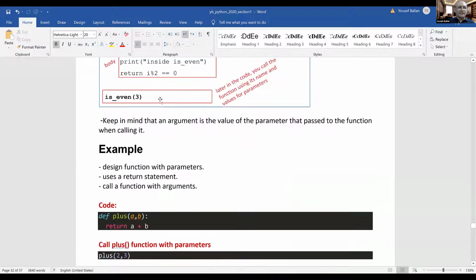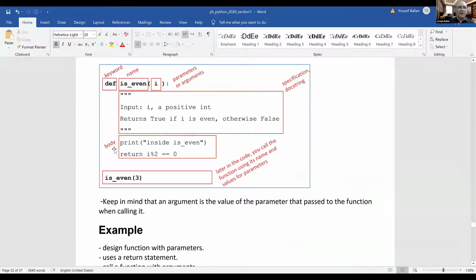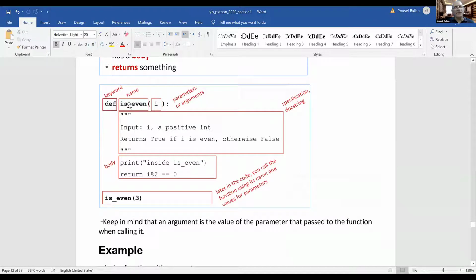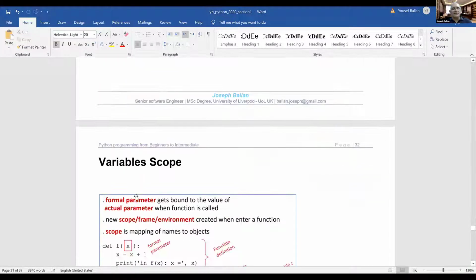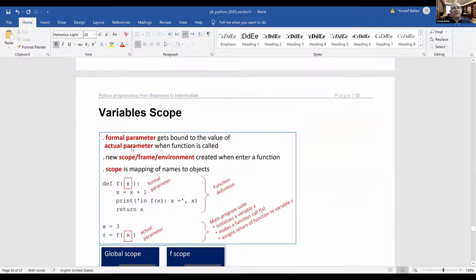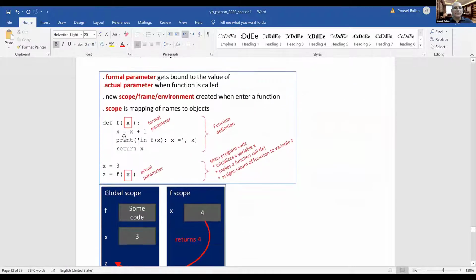After I demonstrated the function here, the function name is even, and this is the keyword, and I pass a value from here to here. Now the value here is 3. I didn't say i equals 3 and pass it. Now, sometimes you work with variables. When you work with variables, we call that variable scope. Let's see